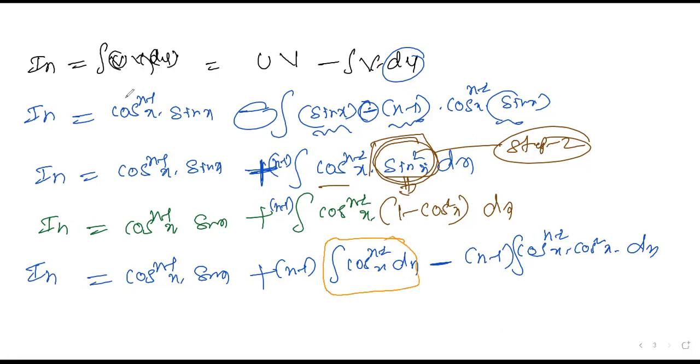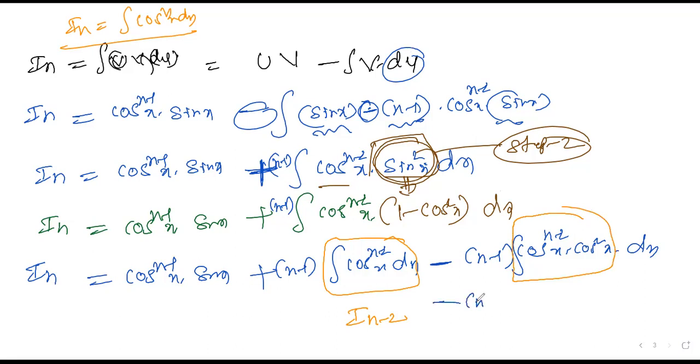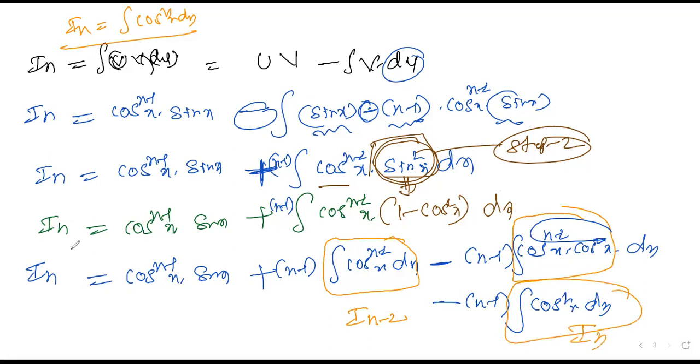Okay, so here you have to understand this. What can I write? Because In is equal to integration of cos power n x dx. So n minus 2, this you can write as I(n minus 2). Okay, then next step, this simplified version, what are you going to get? I can add one more step here, minus (n minus 1) into integration of cos power n x dx. So here you can write this as In. All the In, here In and here In, you should take out actually. So better I'll copy it to the next page to understand more clearly.